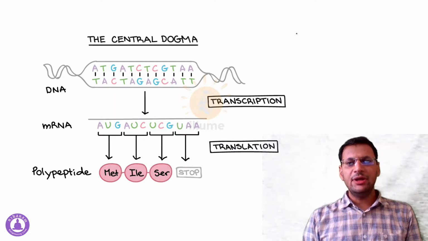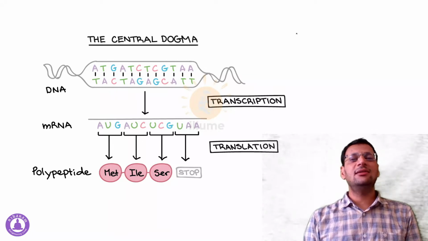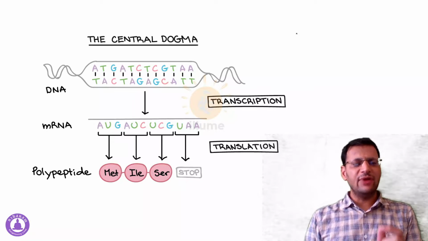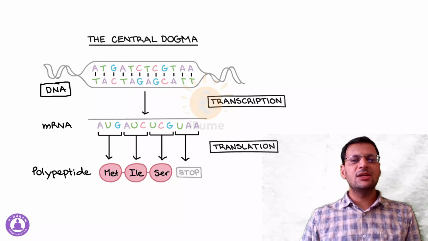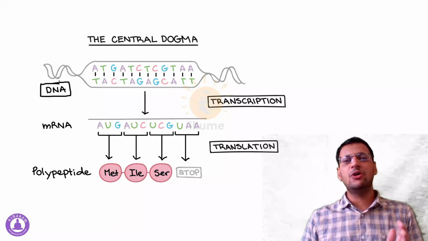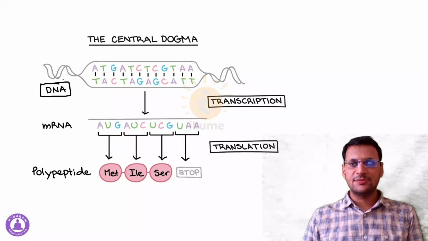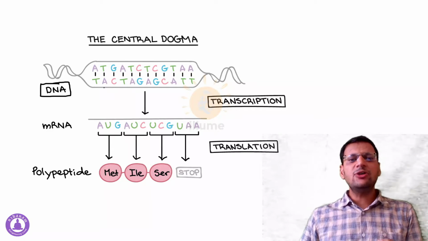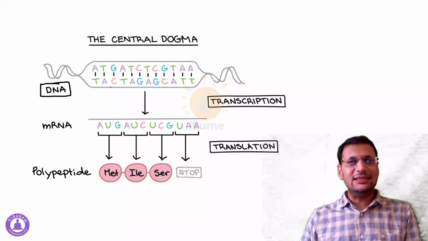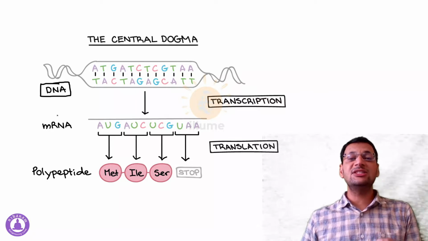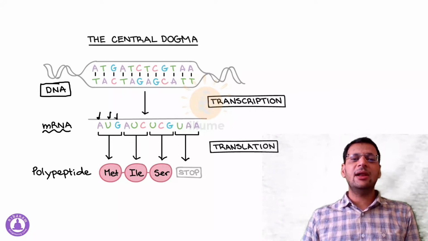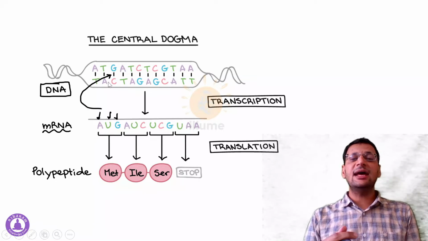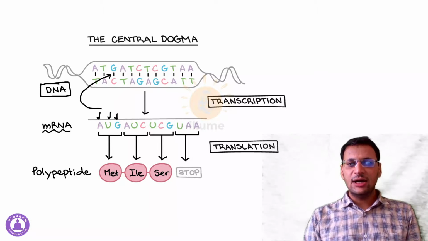Now before discussing point mutation, first of all let's understand how DNA machinery works in our body. It works by a mechanism called central dogma. I'll go through the central dogma very briefly. See, this is the DNA which is passed from generation to generation. A DNA has got a sequence of nitrogenous bases called codons. Now the sequence of nitrogenous bases present in the DNA is responsible for the transcription of mRNA, and the sequence of nitrogenous bases in the mRNA is totally dependent on the sequence in the DNA. They are exactly complementary to each other.